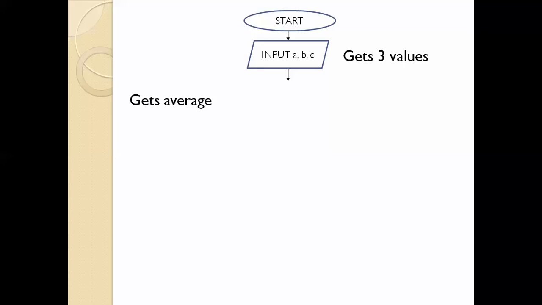So let's get an average. So we need an equation here for getting your average. We will add A, B, and C and divide by 3 because there are 3 values. So after that,